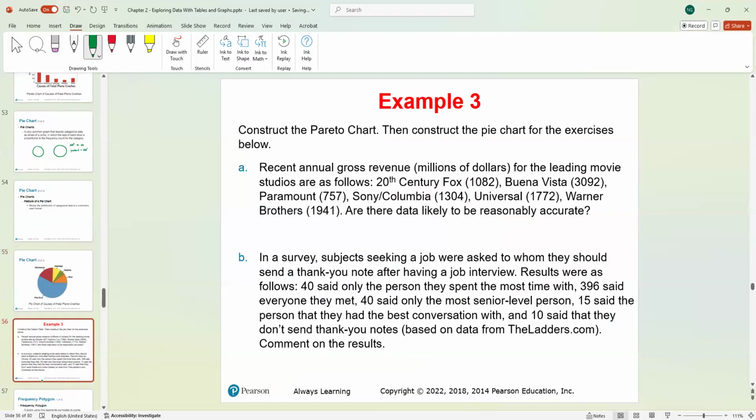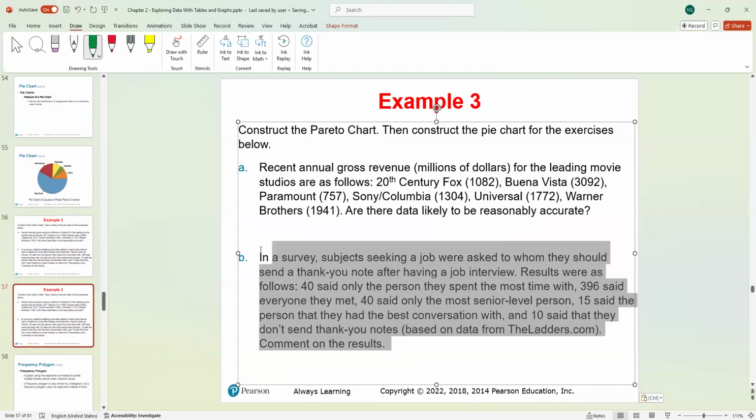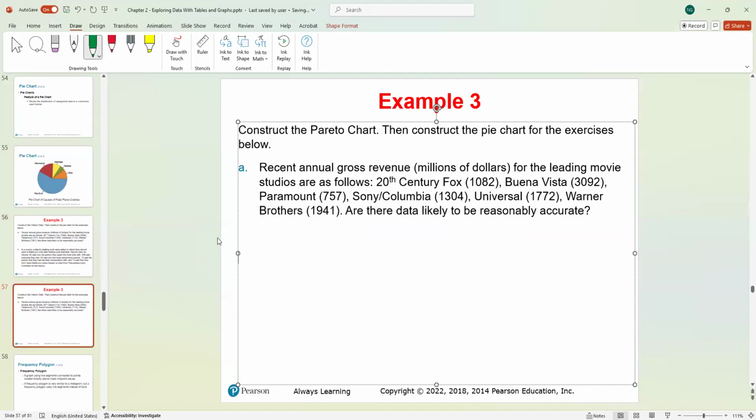As an example, because my goal is to cover as many examples as possible with you, these examples right there say recent annual growth. You know what? I'm going to copy, paste. What I'm going to do is remove B. All right, so we can do A. So for these examples, what we learn here, it says